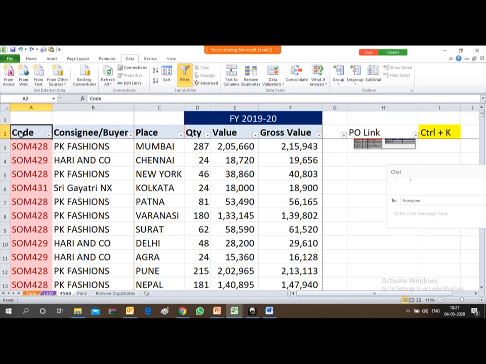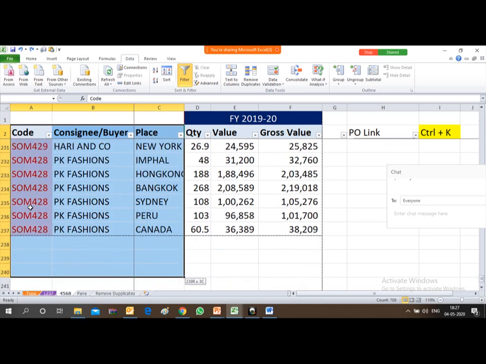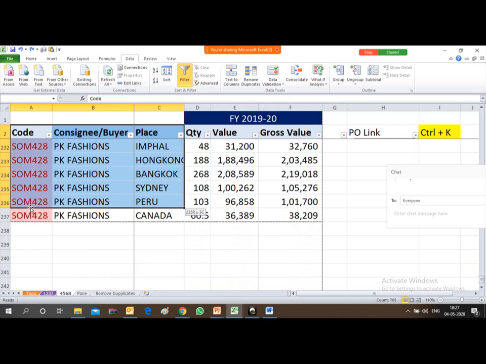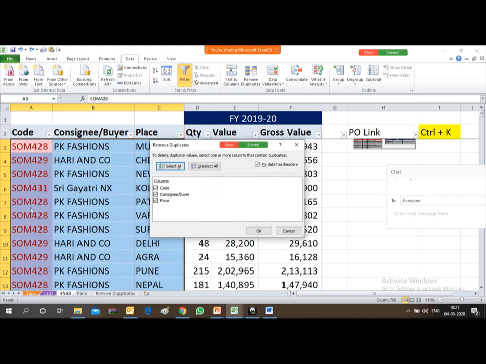Now if you want to consider 2 columns, or say 3 columns at a time, you can also do this by adding different labels. There is a shortcut key, Alt A M. That is a derived shortcut key, Alt A M. By pressing Alt A M, the derived key, you can always derive from your system, or go to Data and then press Remove Duplicates. So here I have 3 columns.